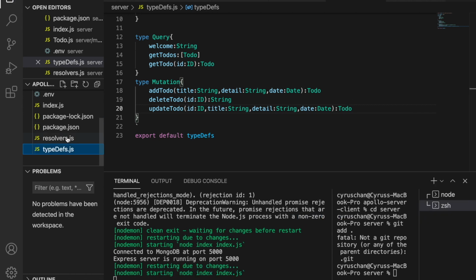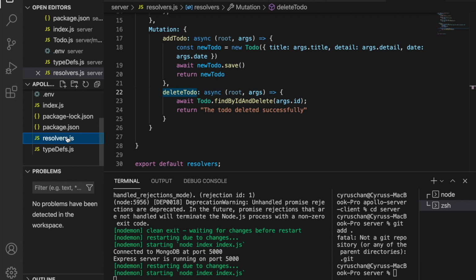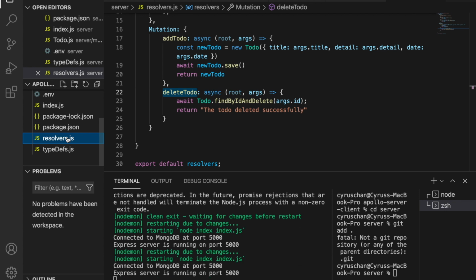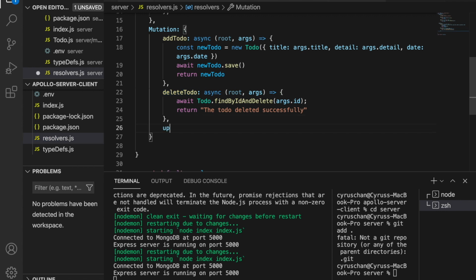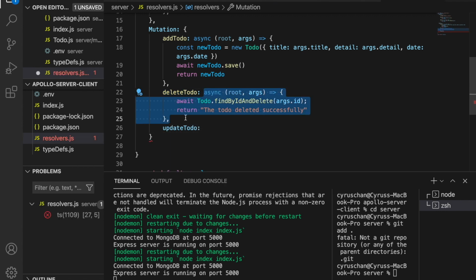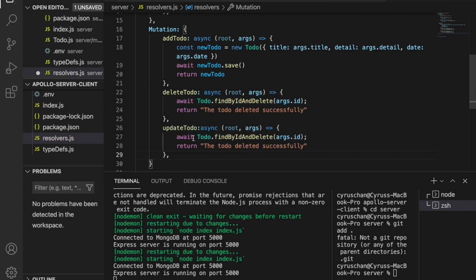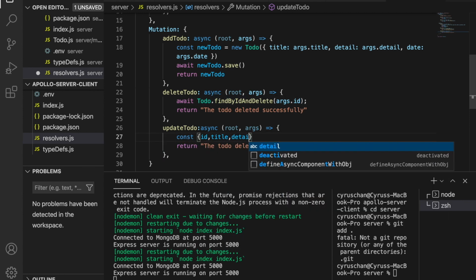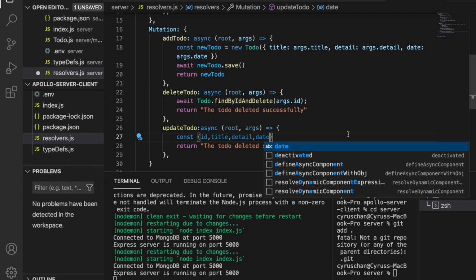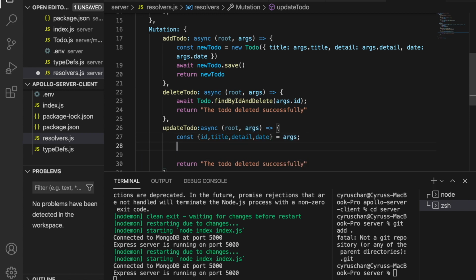And then we go to the resolvers, and after we get the titles, IDs, details, and all the other things, we are going to create this function updateTodo, and we copy this and paste to here, and we will get the values from the arguments. So we destructure the ID, title, details, and also the date from the arguments, and then we create the updateTodo object,